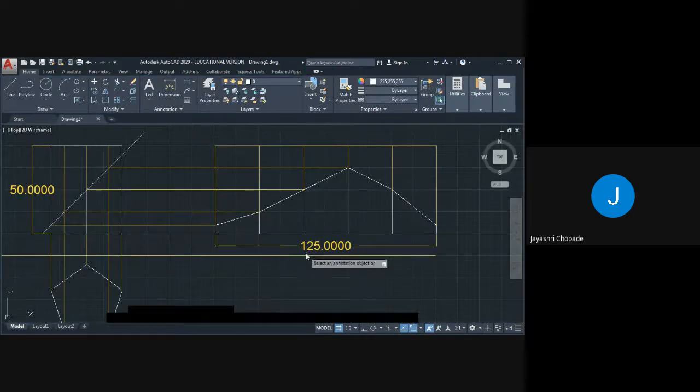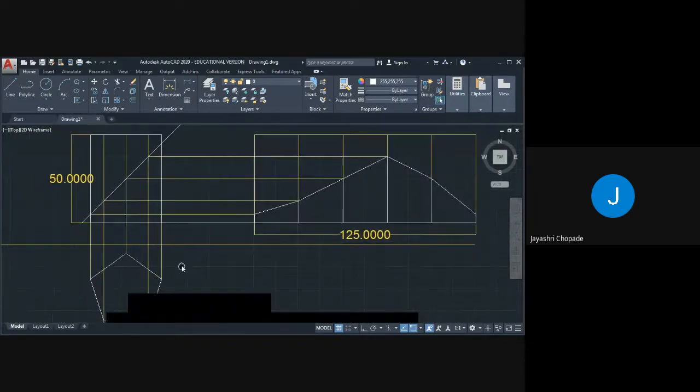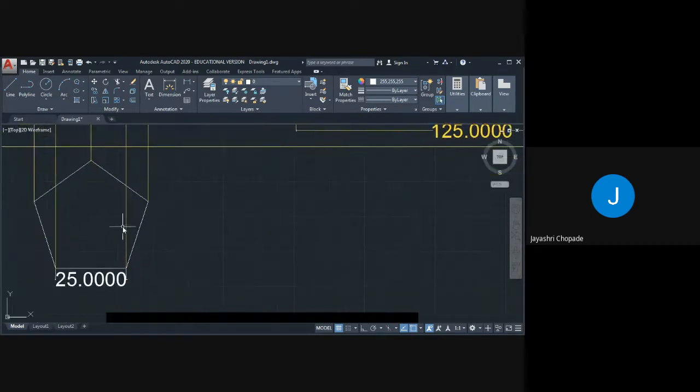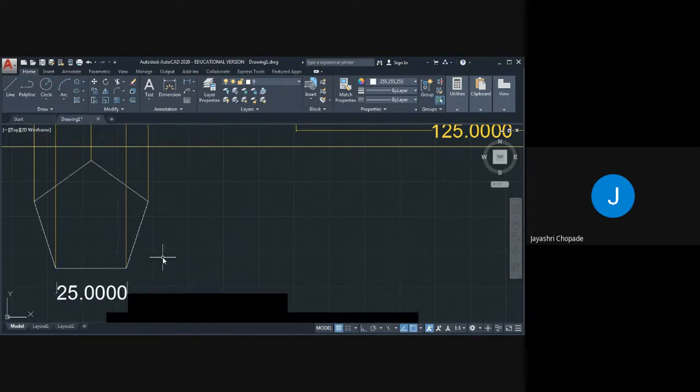So total distance will be 125. Then give the name over here. First of all we will move it in downward direction. Select any base point. Now we can give the name.